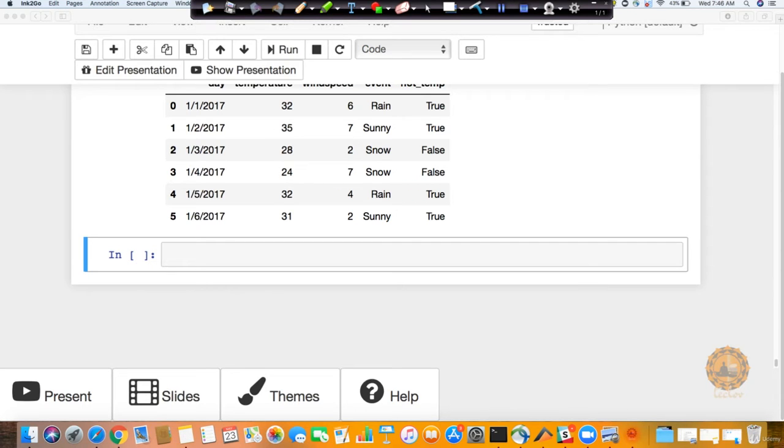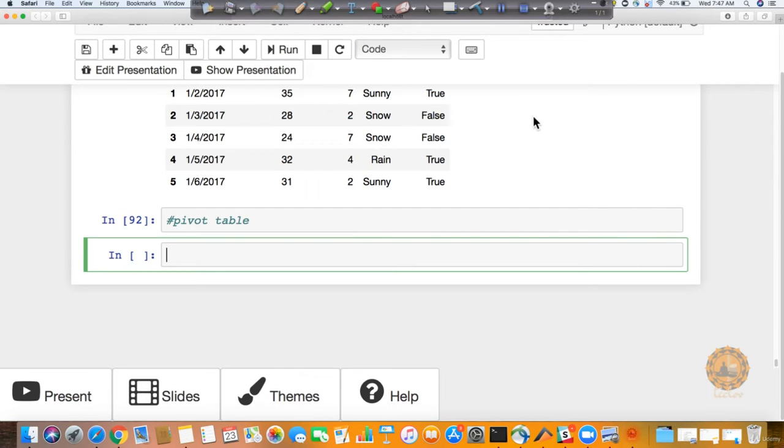Now we will be discussing a very interesting concept in pandas, pivot tables. When I say pivot, let me note it down so that there is no ambiguity. I'm talking about pivot table. You can call this pivot table an alternative to your group by. Just like you have a group by statement, similarly you can do the same thing with your pivot table. It is like an Excel-like functionality.